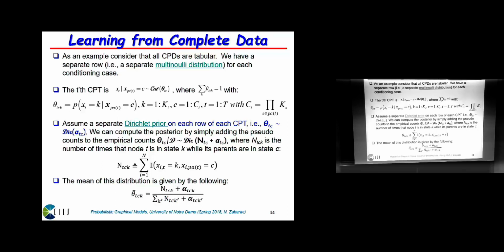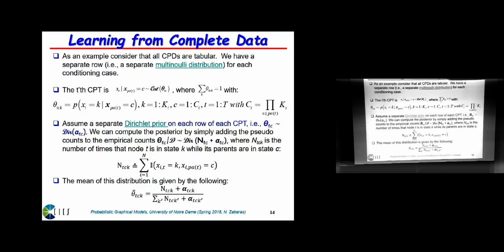But really, the Dirichlet distribution is the conjugate prior to this multinoulli distribution. So each of these parameters theta, that's the vector that involves all these theta tck, we're going to put a Dirichlet prior, all right? And then because they are conjugate, the posterior, given the data d, is going to turn out to be a Dirichlet distribution with parameters